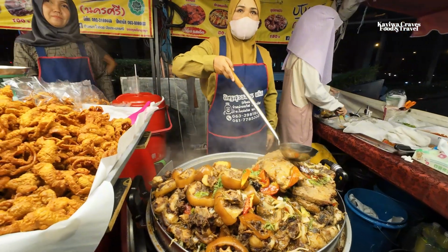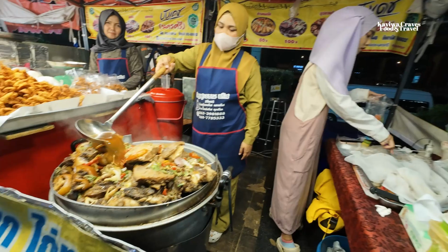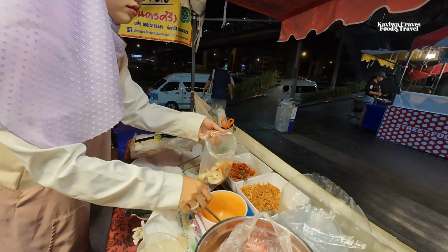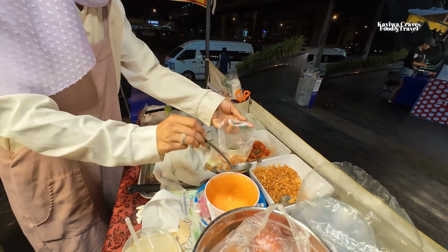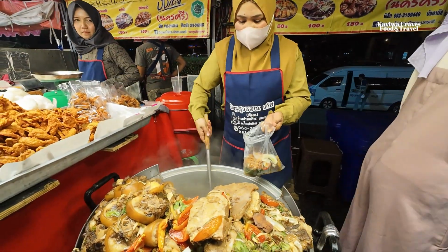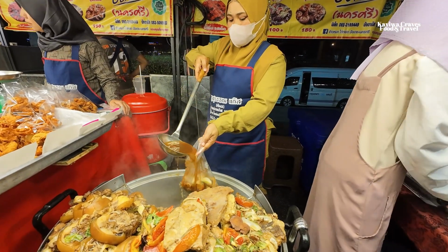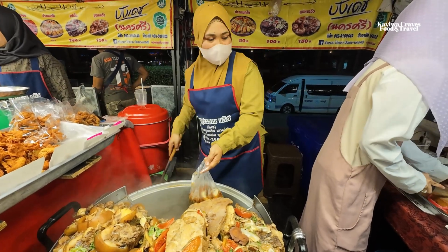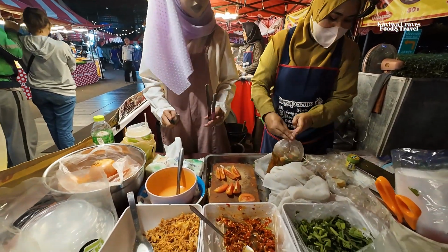It looks very nice. Putting in all the ingredients, the oxtail, then we're going to add in some soup. Oh, look at that. Here we have some...